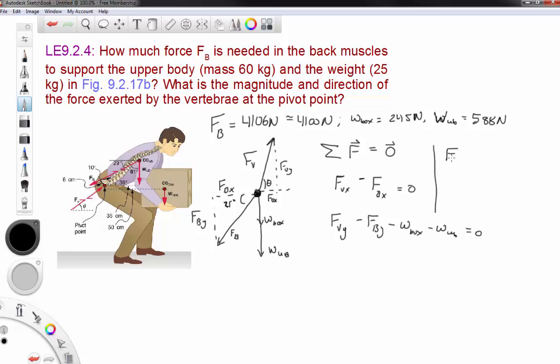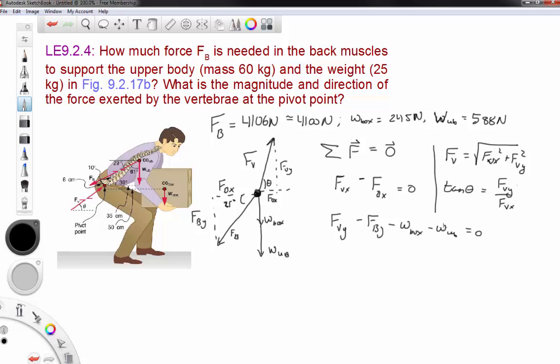In other words, the total force of the vertebrae should be the square root of the x component squared plus the y component squared of the vertebrae. And similarly, the tangent of that angle theta, which gives us the direction, should be the y component